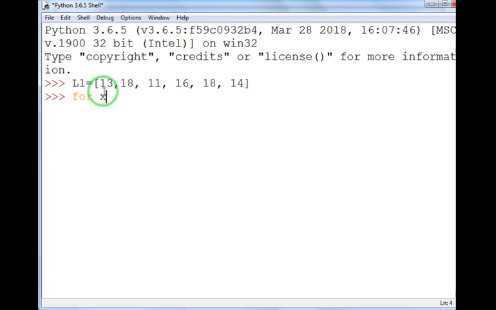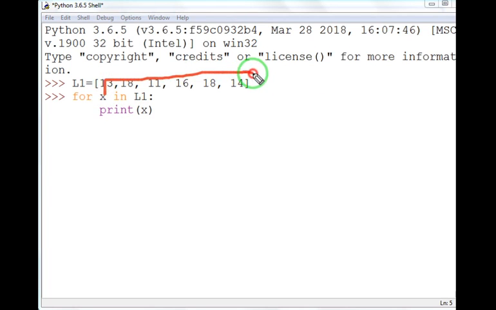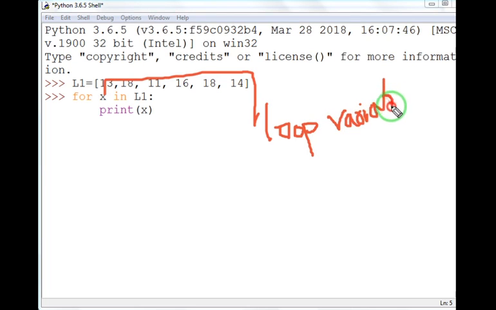X is my loop variable: for X in L1, and this is the block of the loop, print X. Here X is known as your loop variable. To know more about looping, you can see the videos that I posted earlier.